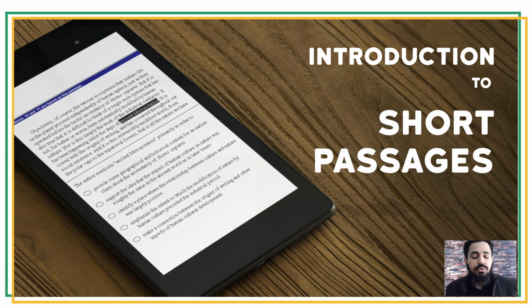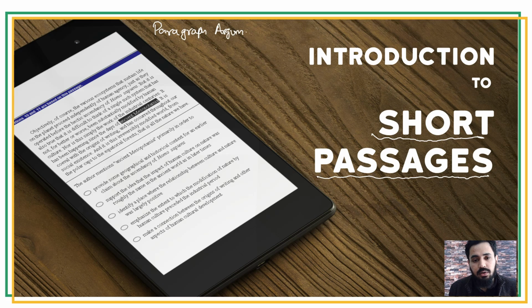So you'd see a multitude of so-called short passages on the new GRE, on the new shorter GRE, right? While some of them are really short, like the paragraph argument type questions that we solved and practiced, right? Which on average warrant around 1.25 minutes, which is 1 minute, 15 seconds, for which initially I recommended that you